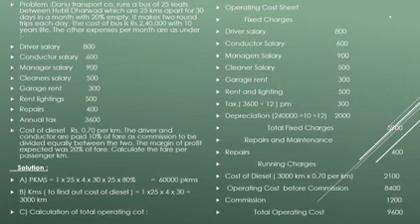Then depreciation is to be calculated. In the previous problem, the total amount of depreciation was given, but in this case the depreciation is to be calculated by applying the formula, that is cost of bus minus scrap value divided by life. But here scrap value is not given, so only cost is to be divided by the life. So cost of bus is 2,40,000 and the life is 10 years. So 2,40,000 divided by 10 years.